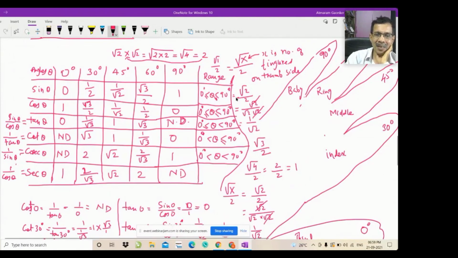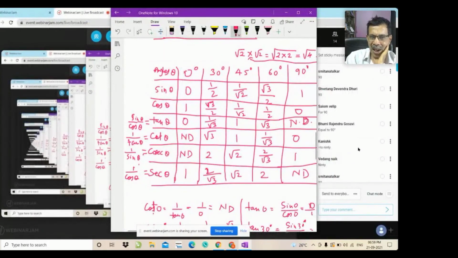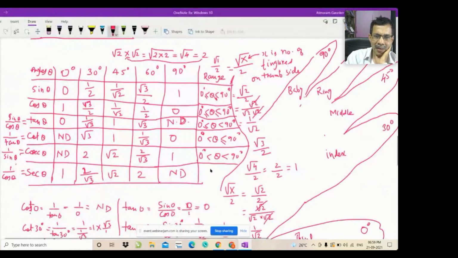This part is very much required while solving the problems. Otherwise, you will get confused if you don't know the range of angles. You have to know which angle is inclusive and which angle is not inclusive. Let me check. The equality sign is with 90 degrees. Yes, you all are correct, since cosec of 90 degrees is defined, that is 1. So the equality sign will be there. Since for 0 degrees it is not defined, there is no equality, meaning that 0 is not included. All the angles greater than 0 are included, but 0 is not included.